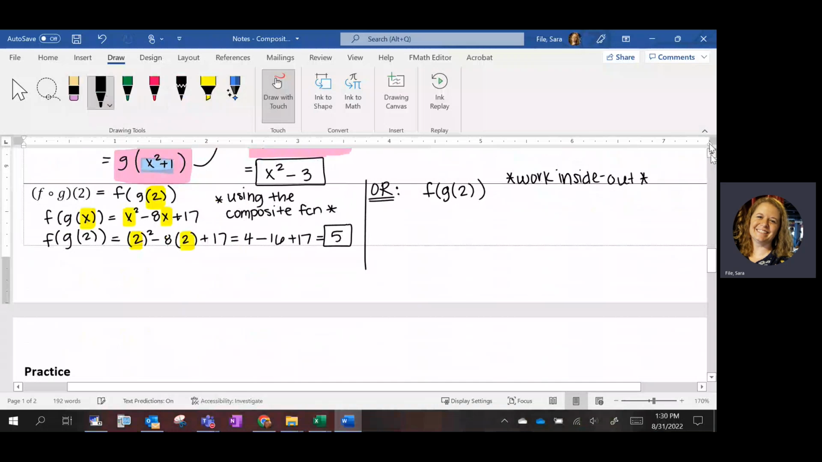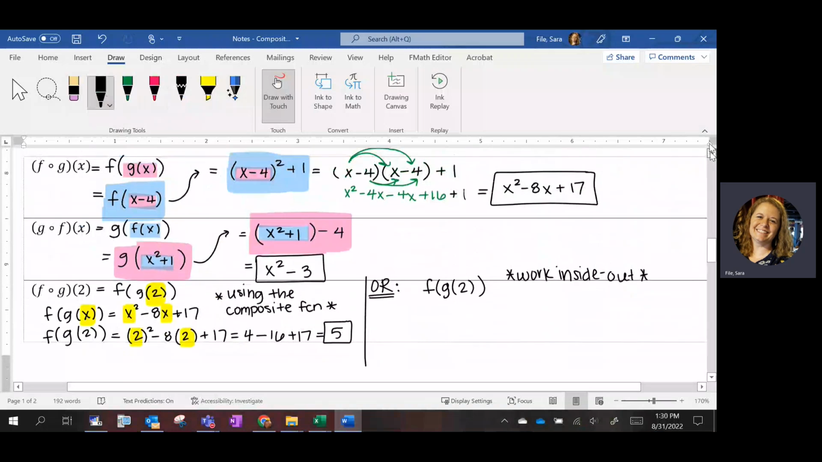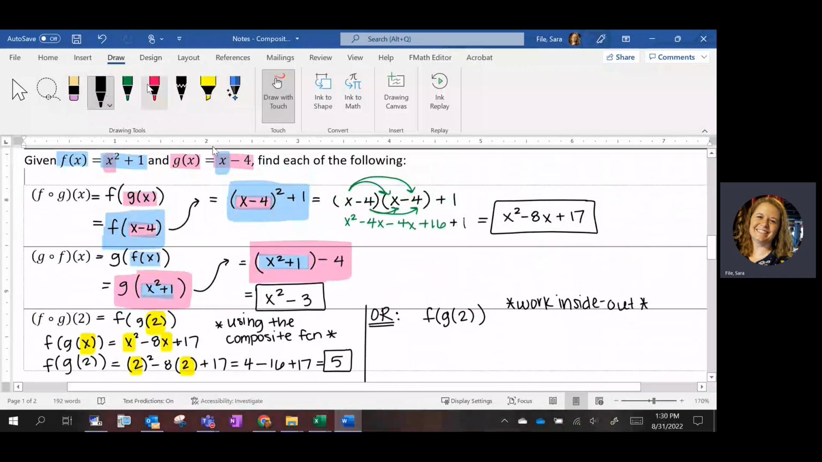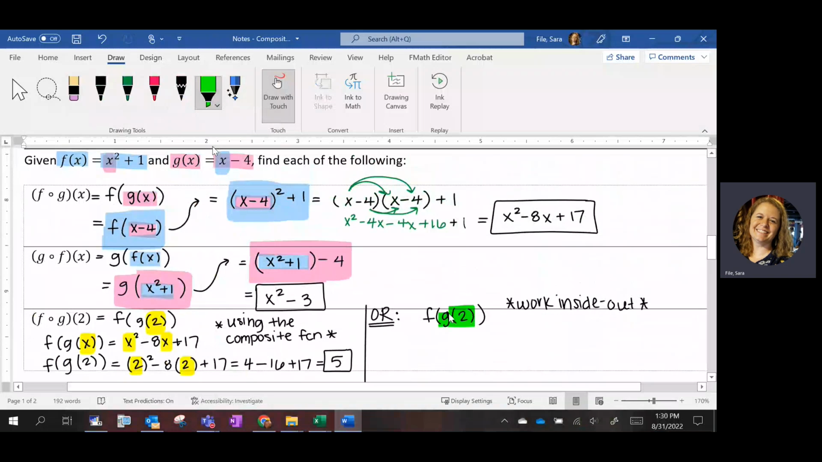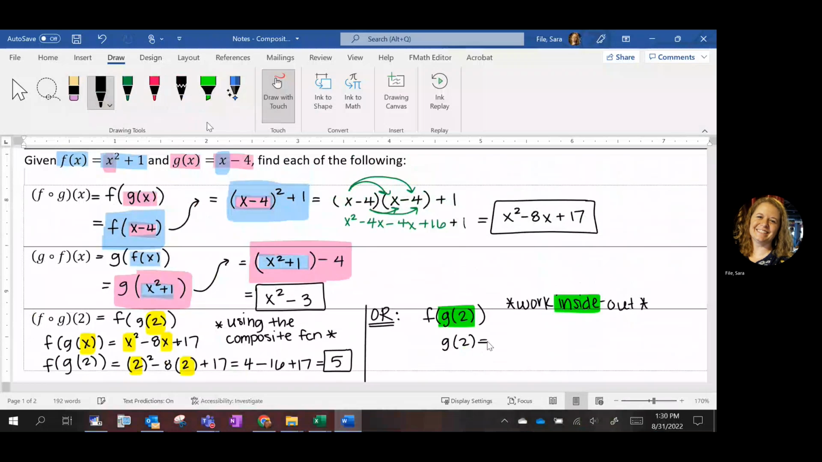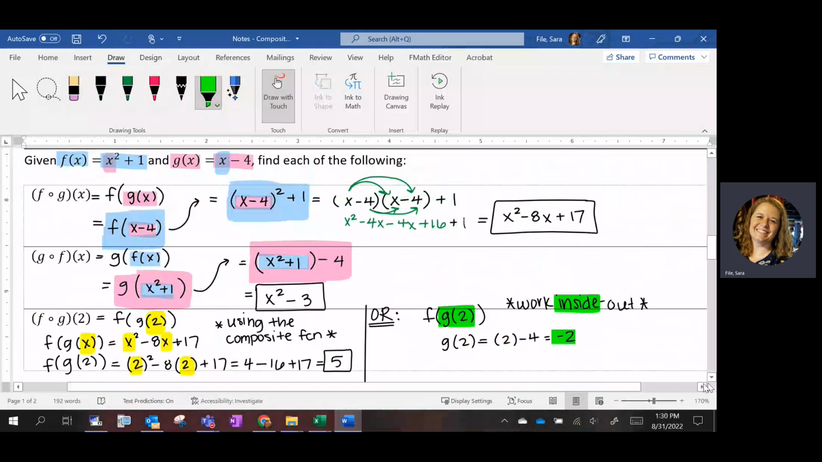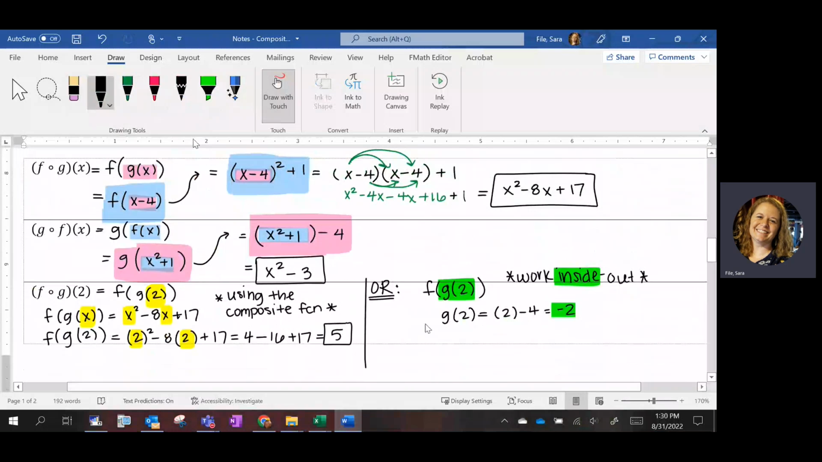Okay, so working inside out, I'm going to scroll back up so I can see the original functions here. Working inside out just means, literally, work the inside first. Okay, so work the inside. So I'm going to ask myself, what is g of 2? Well, g of x is x minus 4. So it's 2 minus 4, which is negative 2. Okay, so we just found out that that's negative 2. Do y'all agree? So that means we're inputting a negative 2